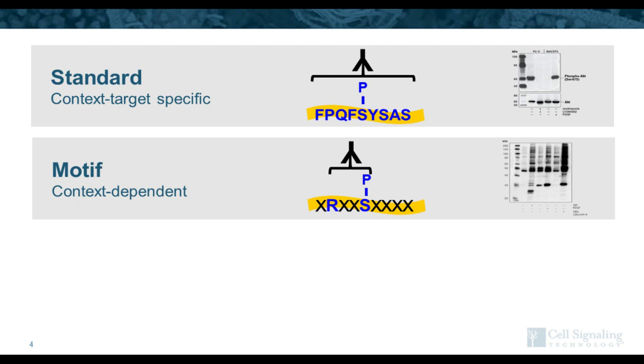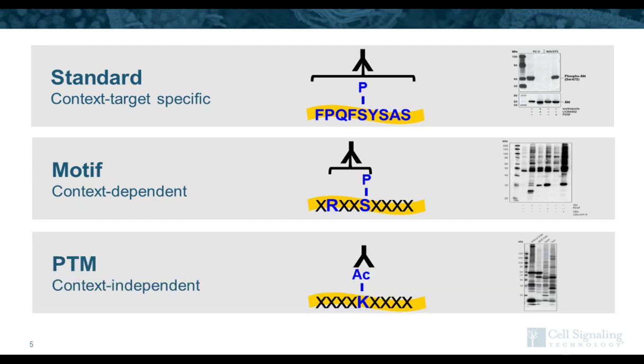Well, the antibodies we use for PTM Scan are a little bit different. So instead of using a single peptide as our antigen, we're actually using degenerate peptide libraries. So again, here we have a phosphopeptide, we have a phosphoserine in the middle, and an arginine at -3. And those two residues are fixed and present in every peptide in the library. And then we vary all the amino acids around it. We raise antibodies against that library of peptides. And now what we end up with are antibodies that are really exquisitely specific for that targeted motif, in this case RXX phospho-S, but broadly reactive against a lot of different primary amino acid sequences.